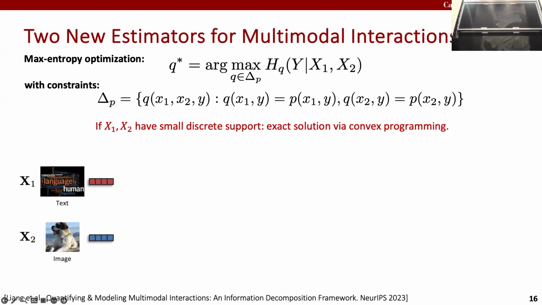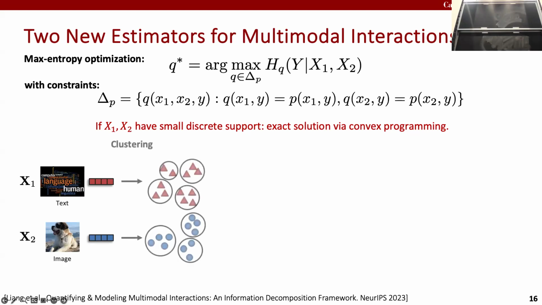Assume we have two modalities, text and images, and assume that these modalities are ones where you have good feature extractors. So text maybe through language models, images through pre-trained vision models. And assume that these embeddings are good enough that you're comfortable clustering. So one of 4 embeddings for text and one of 3 embeddings for images. In which case, this problem of finding out synergy is the same as learning the distribution Q, and it's a very simple support. One of 4 choices in x1, one of 3 choices in x2, and one of 2 choices in y, assuming y is binary. So that's your optimization variable Q.